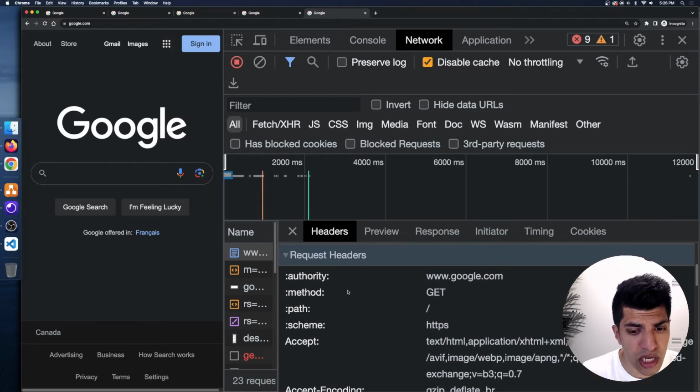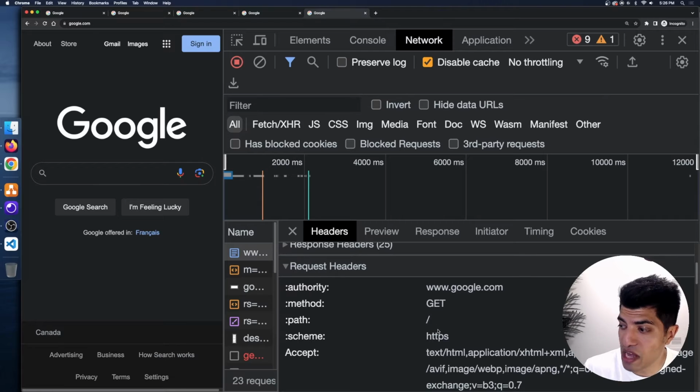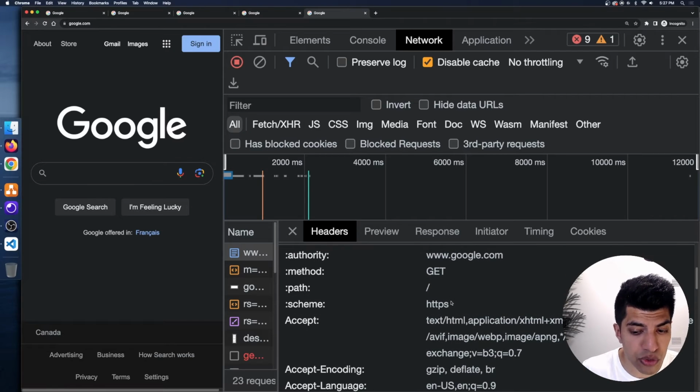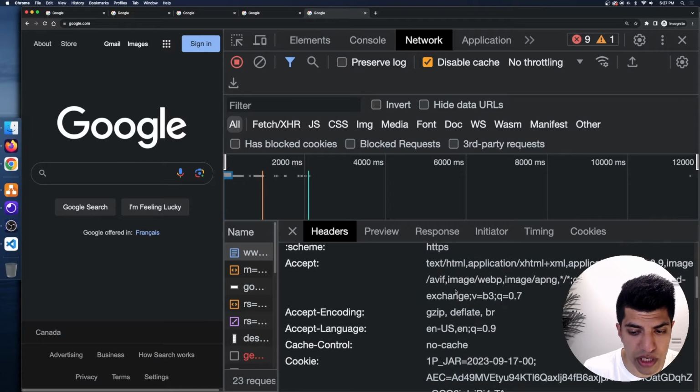Well, you're probably thinking, wait, where did these come from? We didn't set these. Well, Chrome in this case is setting them for us automatically on our behalf to make it easier for other servers to understand that we're requesting this from a web browser, in this case from Chrome. So you can see that we're making a GET request. The path is the slash, which means the home page. We're doing HTTPS as our scheme, where we can accept, it's a bit cut off here, a whole bunch of different encodings